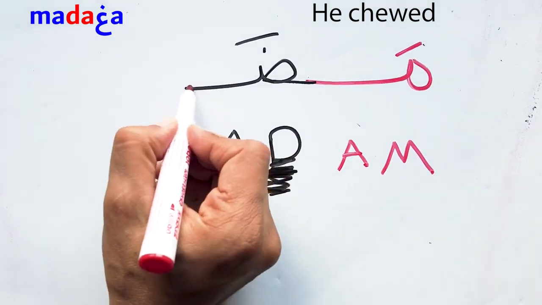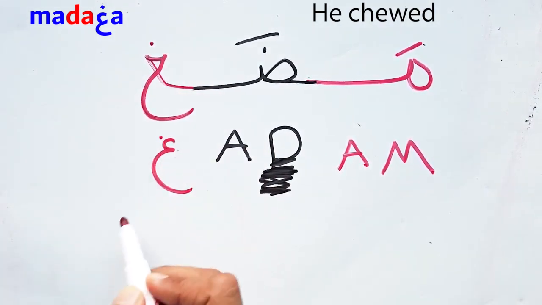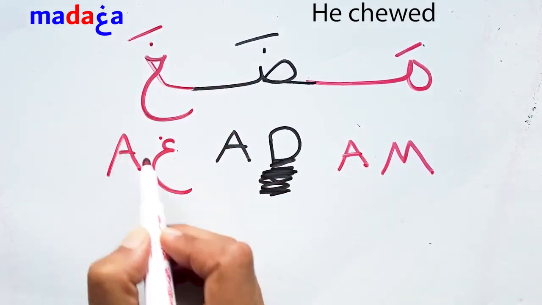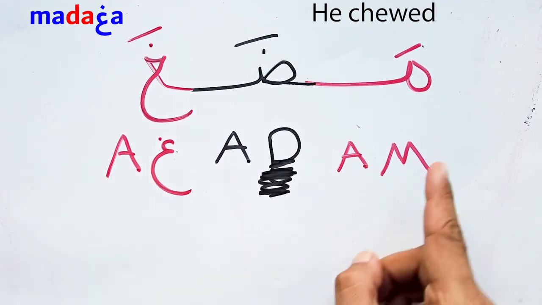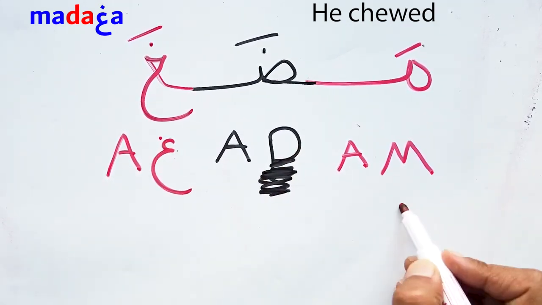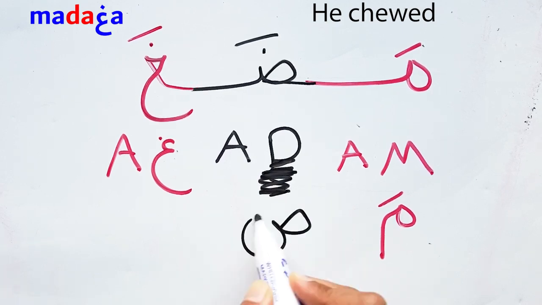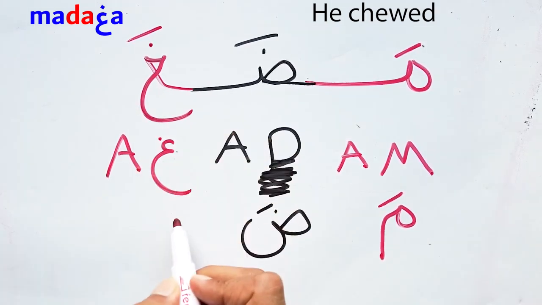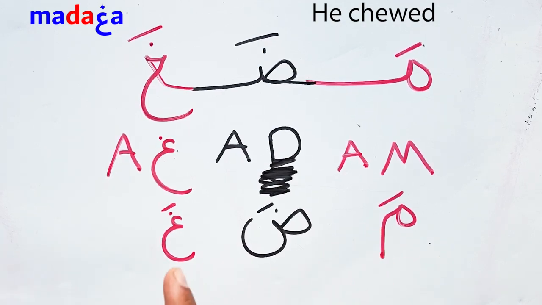And finally, we have again gha. Gha in the end of the word. Let's add fatha and here add A. Read together. Ma, da, gha. In the beginning of the word ma, da, like this, and gha when it is in the end of the word. Together, ma, da, gha.